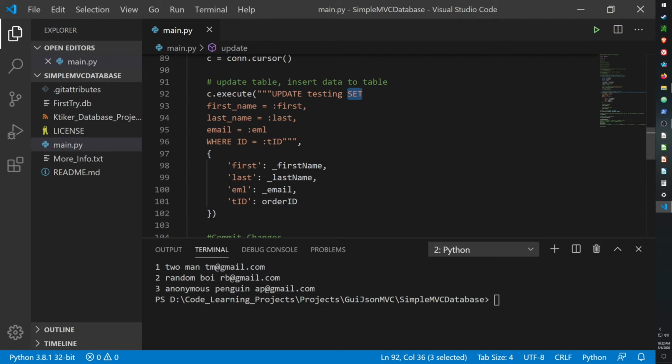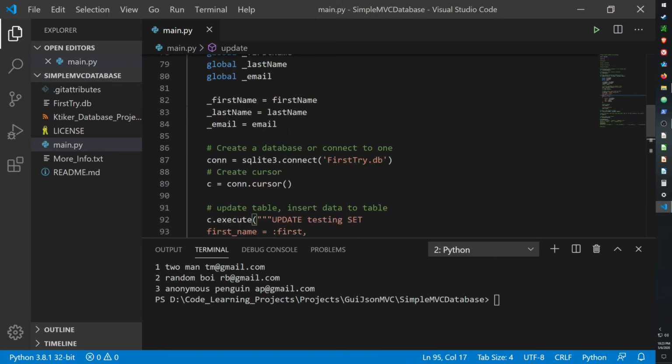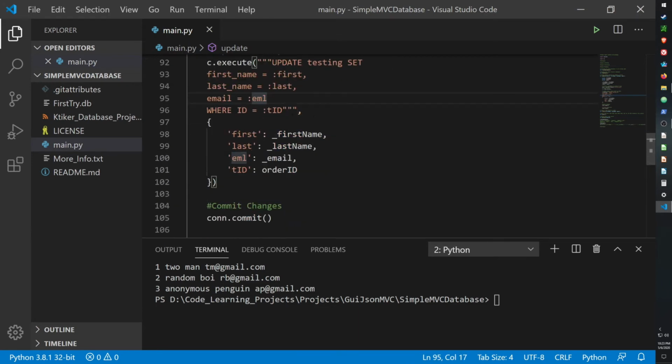This is an argument variable. Last name to an argument last name, email to an argument email, where, which is an important argument keyword. The ID is the table ID. The table ID, these four